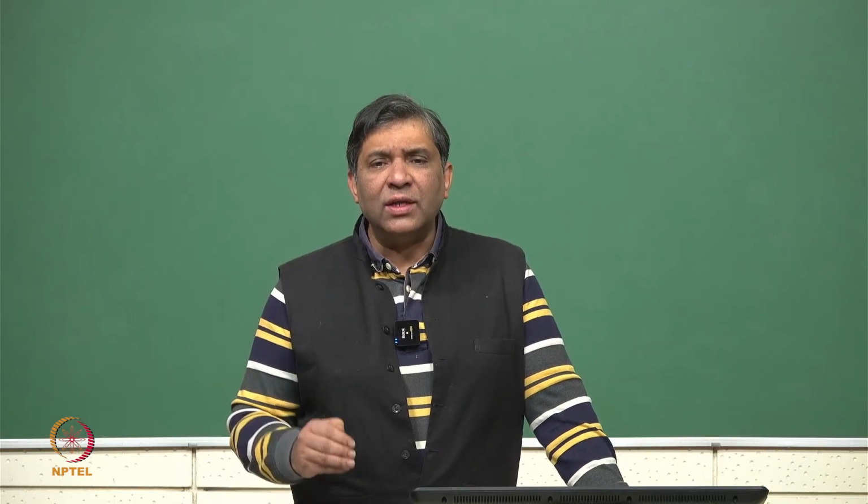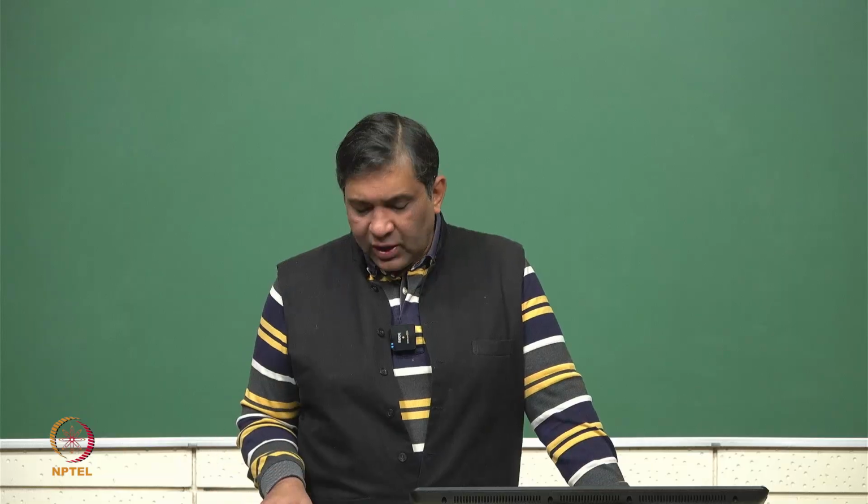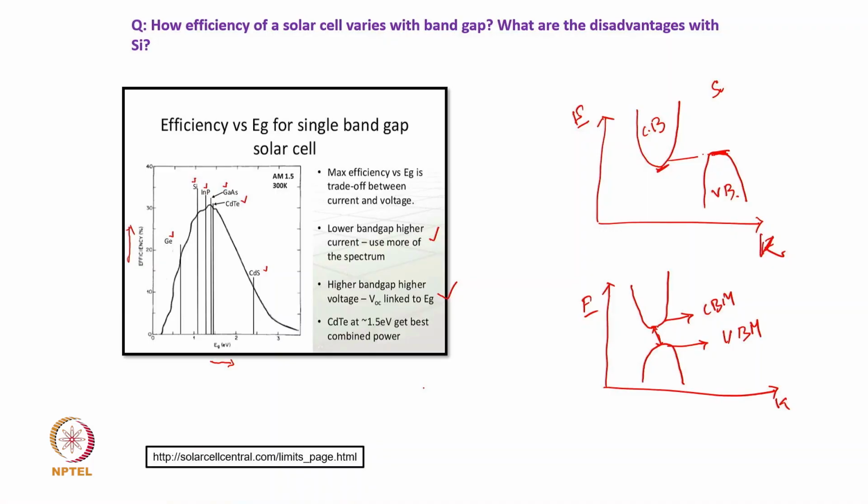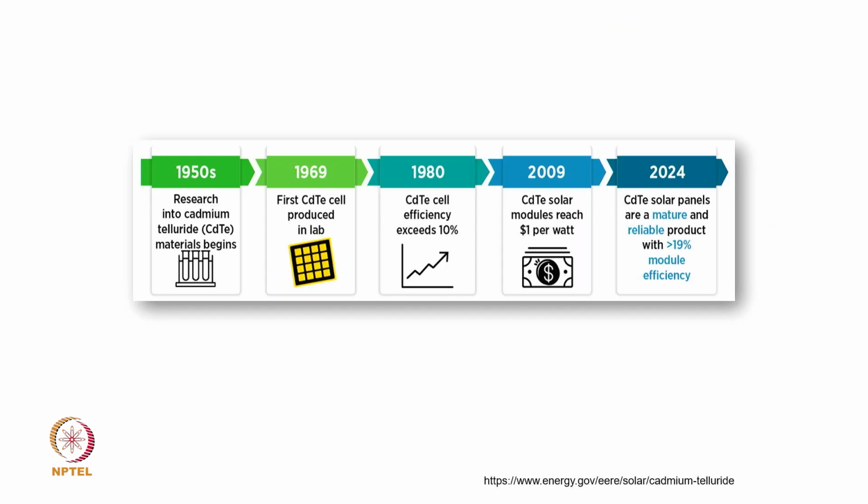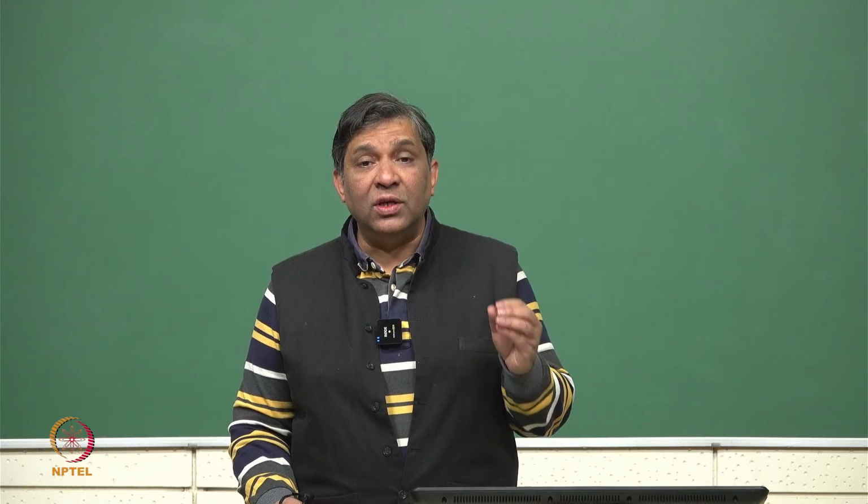And if we just look at the journey of this solar cell, before that just let me mention CdS, whose band gap is quite high, 2.3 to 2.4 electron volt. If we make a heterojunction with CdTe, then it gives a very good choice, which we have already discussed. Now, let me again come back to the journey of the CdTe CdS solar cell.